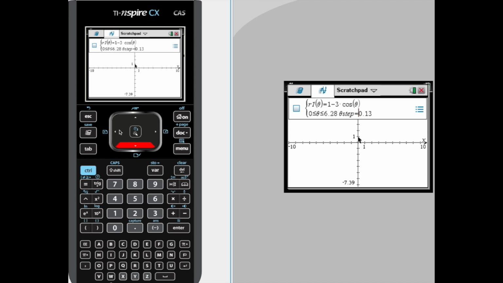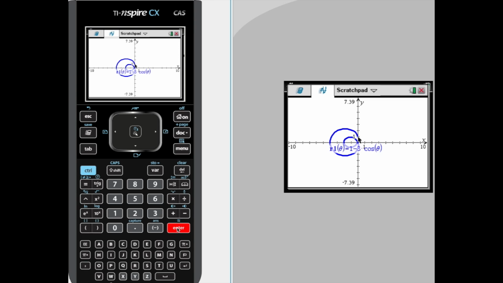You can change the step of the graph here if you find that this is necessary. You can decrease the interval that theta is going to graph in, like say some graphs you can get away with, like if you're doing a rose with an odd number of petals, you could get away with this only going from 0 to 3.14, excuse me. And then some of the more complicated polar graphs, you actually want to extend that beyond 6.28 to get the entire graph. But this is going to be good for what we're dealing with. We're going to go ahead and hit Enter. And there is our limaçon with an inner loop.